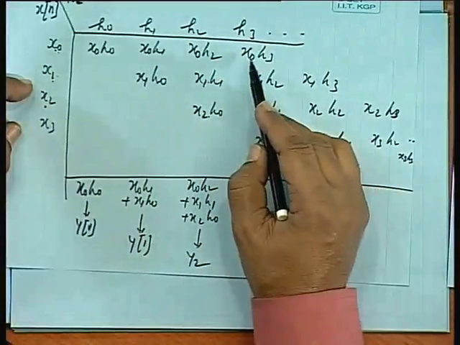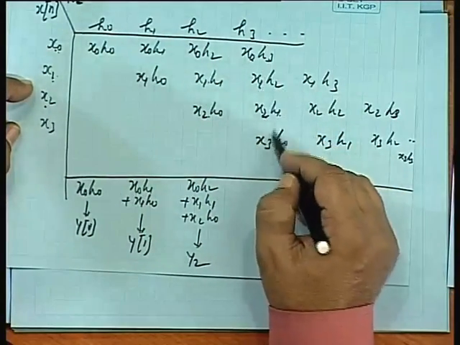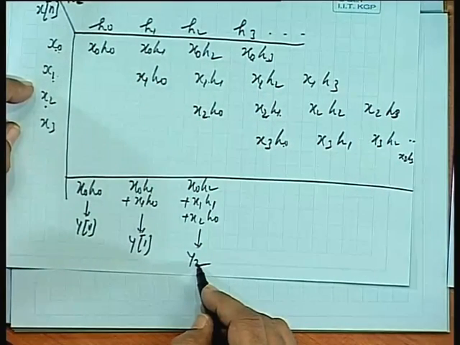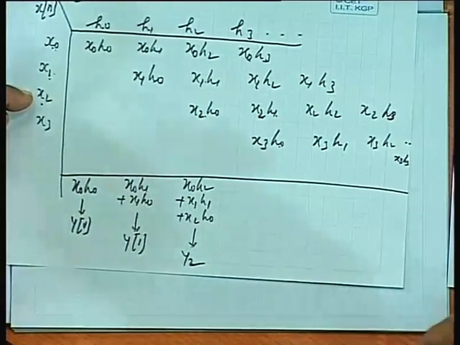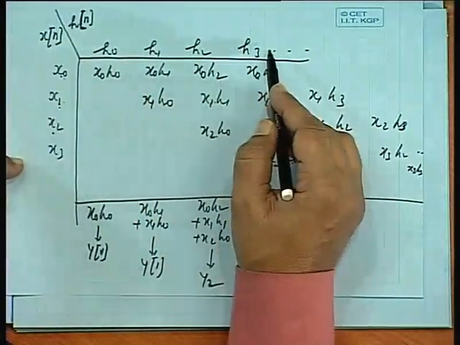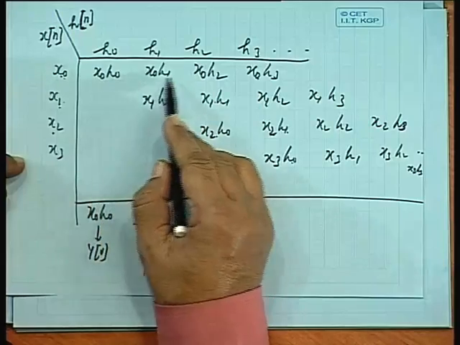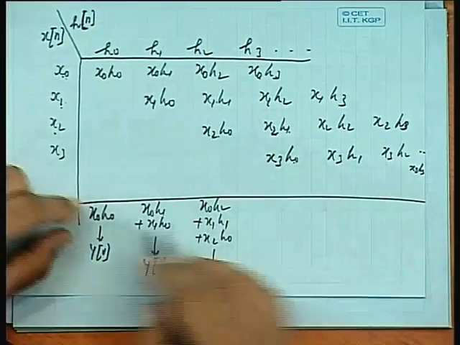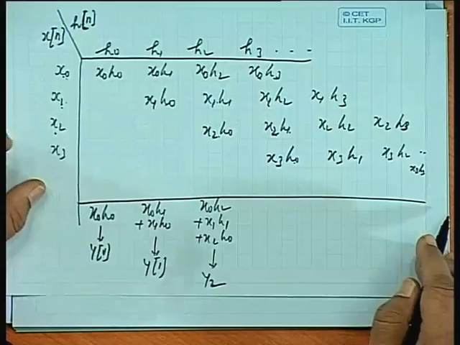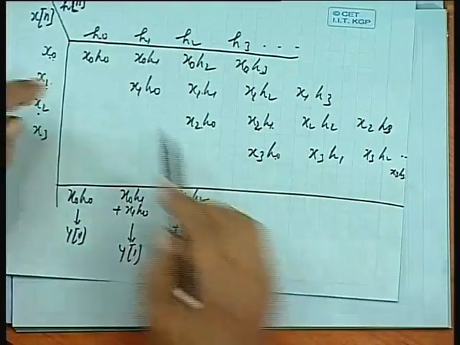Have you observed one thing? In any sequence, the sum of the indices of these terms will be the same as this index. So, while adding up, you know what terms are to be taken for calculating the products and then the final addition. Suppose you have taken a 4-point sequence here and a 5-point sequence here, then you see what will be the length of this, length of this, 4,